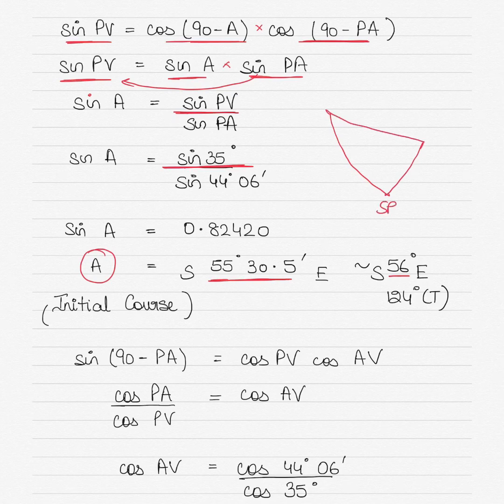And this is looking at it from a South Pole's perspective. This is A and this is B. So this angle is the initial course. If you look at it from a South Pole's perspective, and this is south and you are going